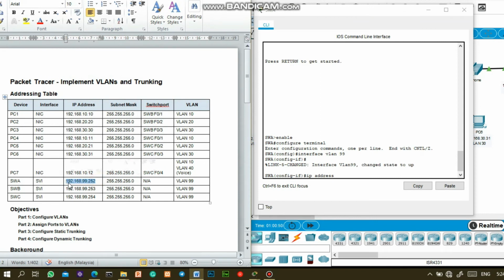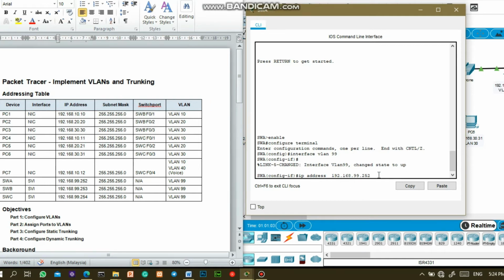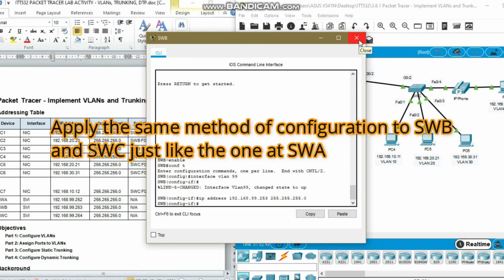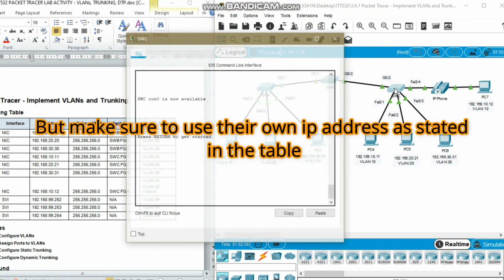Copy the IP address and then paste it here, and the subnet mask 255.255.255.0. Now we will go to SWB, and then finally we will go to SWC,